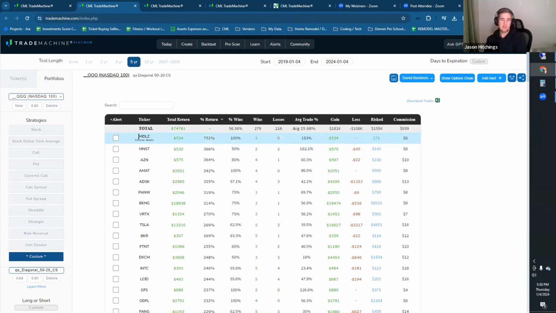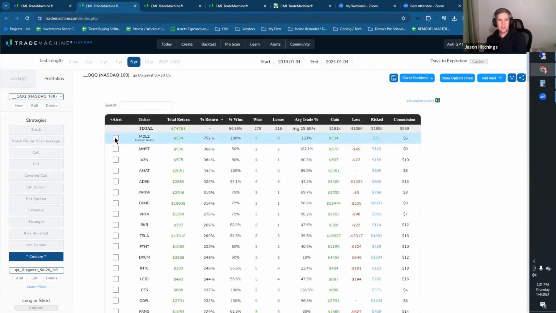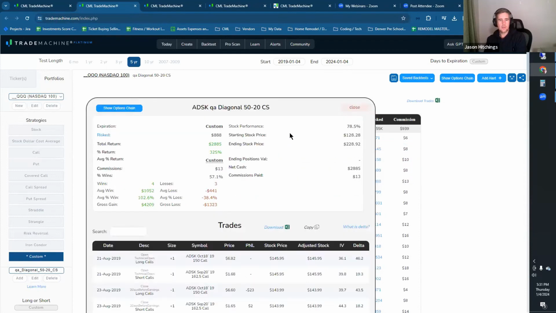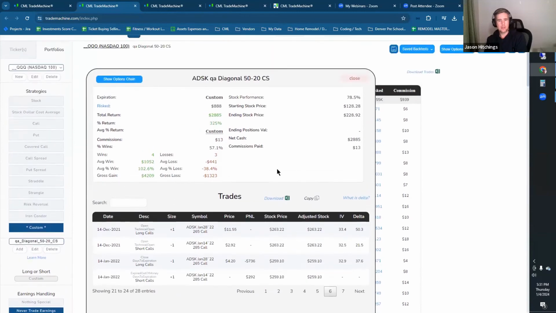Like that's a nice return, 752%. You could look at the average trade return. So you can get in here and start customizing it, and then you can set your own alerts just by going down and clicking these results. Anytime you click on an individual result, you can dive down and see every single trade. So you can really go deep. You can download it, you can copy it, and analyze it as deeply as you want to